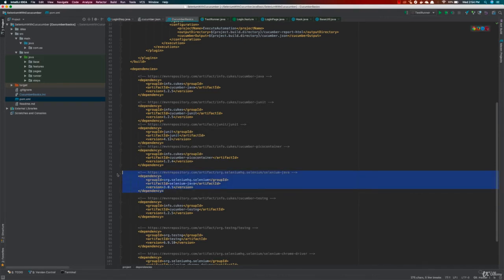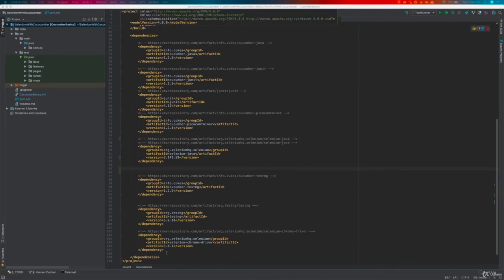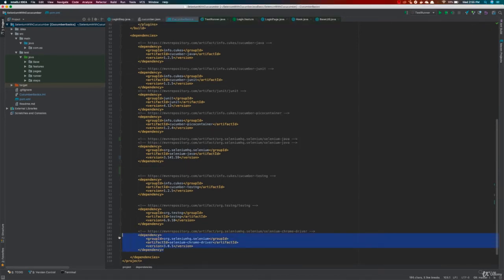And I'll be just pasting that over here. And there is no change in the Cucumber TestNG, I guess. So we're just going to be leaving that as of now. I'm not going to be upgrading that here. And even the Chrome driver has been updated. So I'll be updating that version as well, which is nothing but